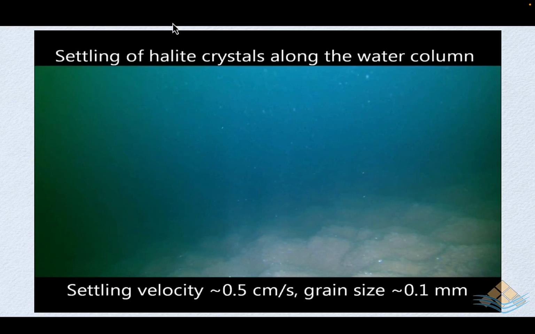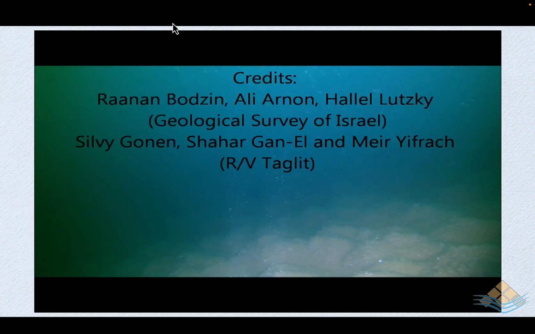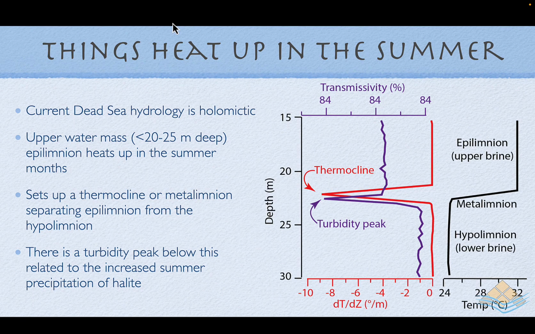So coarse crystalline halite on the bottom with a cover of finer crystalline halite mixed in amongst foundered halite rafts settling through the column. What's interesting is there are two parts to this hydrology. There is a summer control to the brine accumulation of halite, and there is a winter associated brine accumulation of halite. Around that thermocline, remember that this is a holomictic column, but we can still have temperature stratification, so that